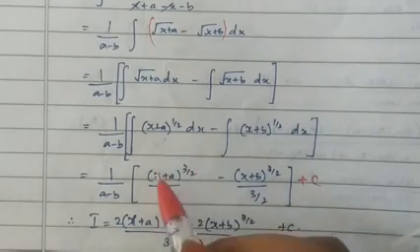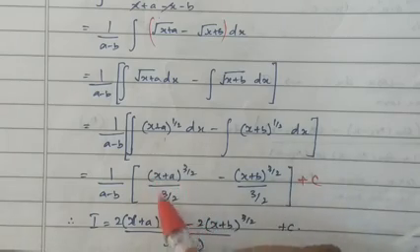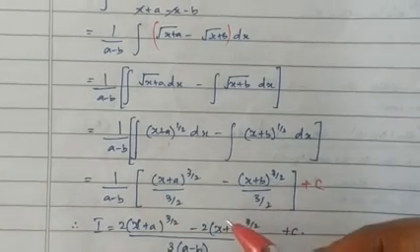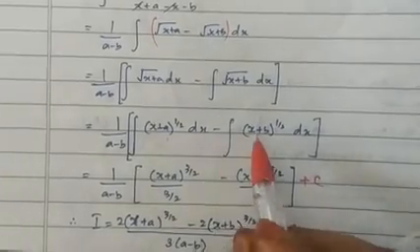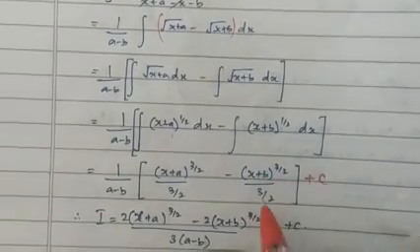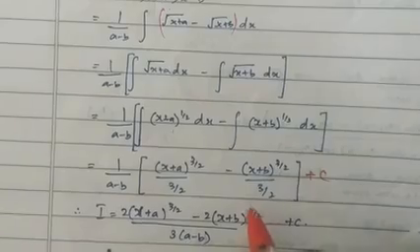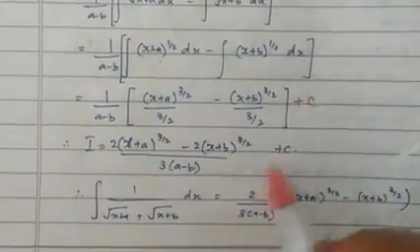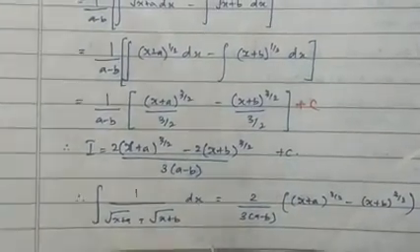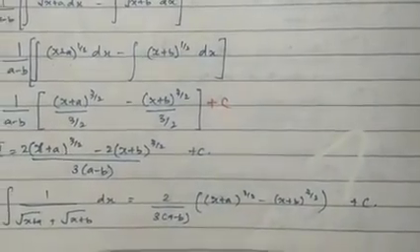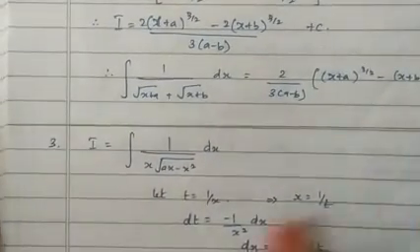So here you will get x plus a the whole power 3 by 2 divided by 3 by 2. When you have 3 by 2 in the denominator, you can reciprocate and write. Similarly, it is x plus b the whole power 3 by 2 divided by 3 by 2. After that, take LCM and simplify and write. Therefore, this is the value of the integral, and don't forget to add the constant of integration. Let us move on to the next sum.